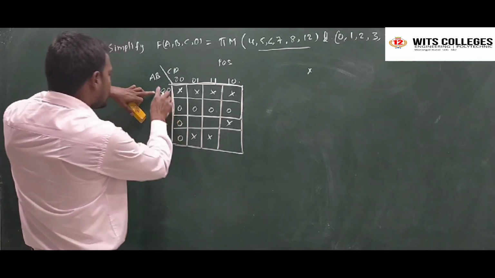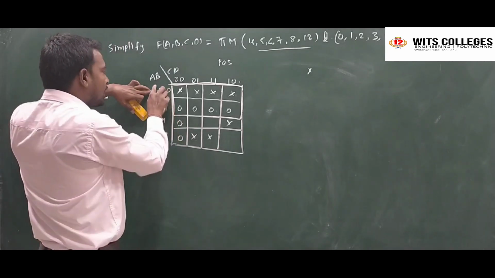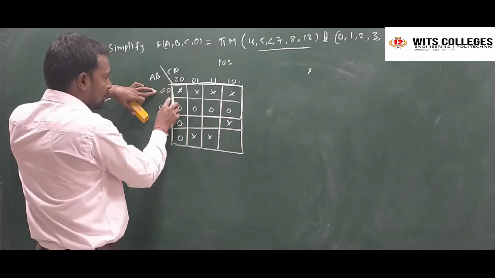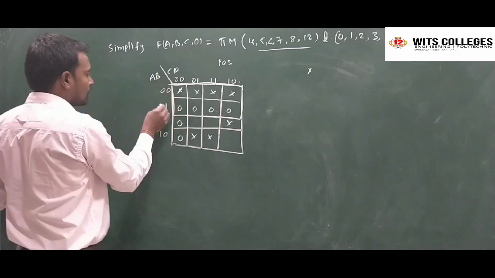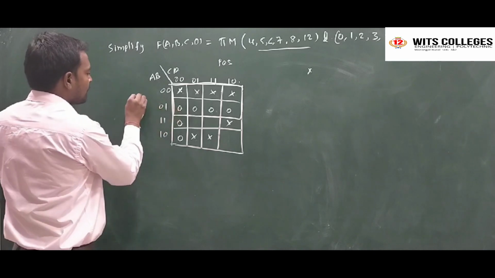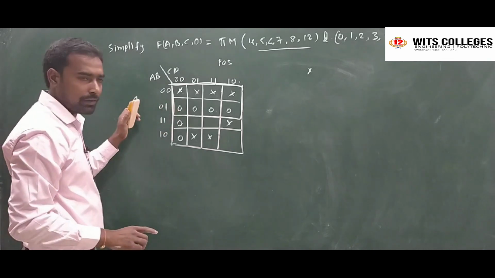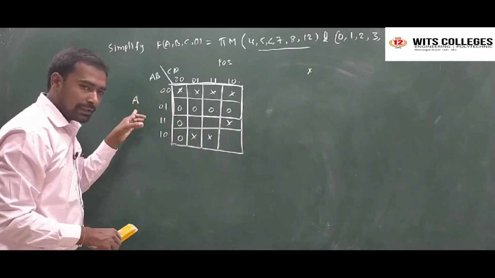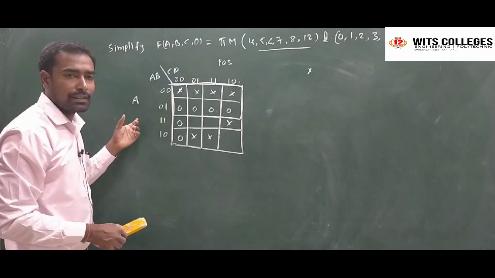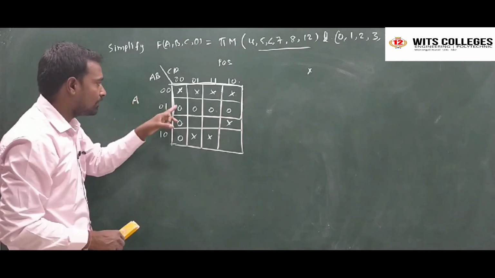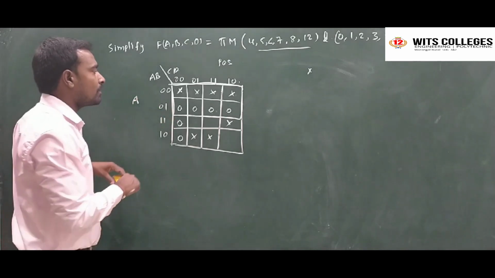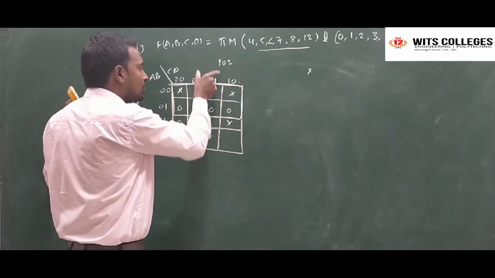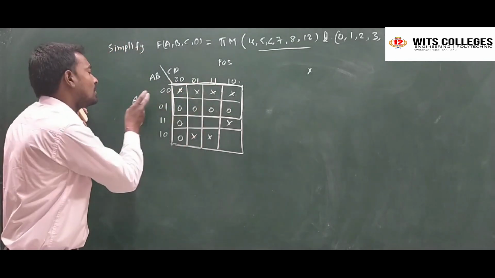Then we will get, on this side, a is common, that is 00, b is equal to 01, so we can write this side as a. Okay, so in this product of sums, 0 indicates the actual value and 1 indicates the complement value, so we can take it as 0 here. And coming to this side 00 01 11 10, there is no common, so this is equal to a.